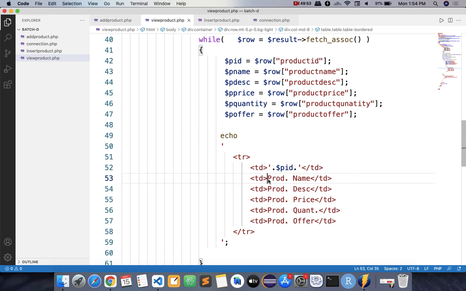So here you will write P name. These are the variable names.